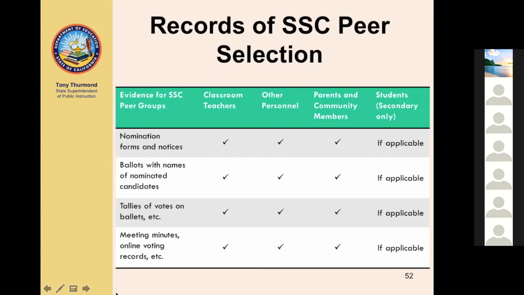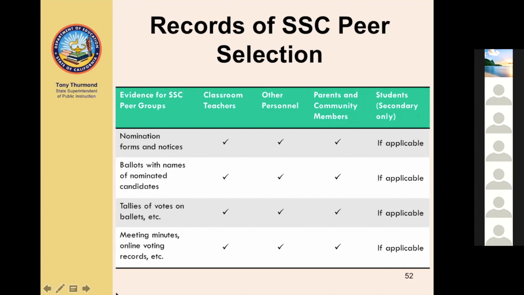What the CDE FPM reviews look at is this table, and for all of the specific peer groups, they are looking for the classroom teachers, other personnel, the parent and family community members, and students as applicable at the secondary level. They look for the nomination forms and the notices, and they'll check it off for each of those groups.